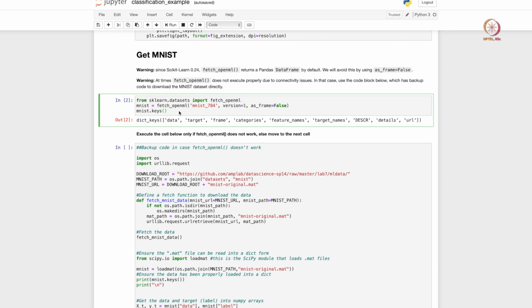And to touch upon the final nice aspect about fetch_openml, once you download the data directly from the scikit-learn datasets package, the data is already randomly shuffled. So you do not have sequential appearances of zeros followed by ones followed by twos and so on; all the numbers are jumbled.